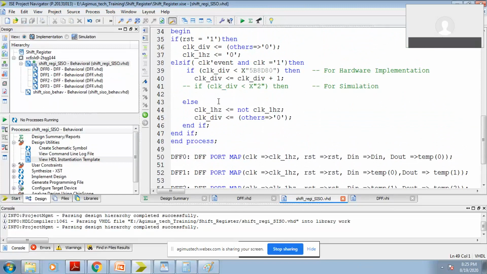That's why what we did here: if I want to simulate it, I should not use a clock divider. If at all you want to use a clock divider, use divided by 2. So that's why I wrote a statement here.